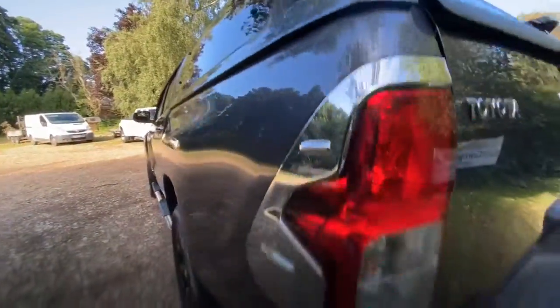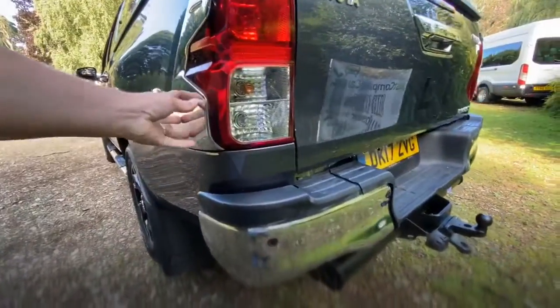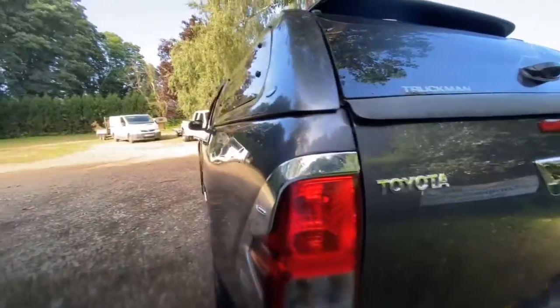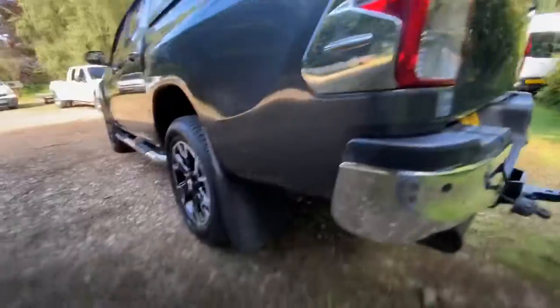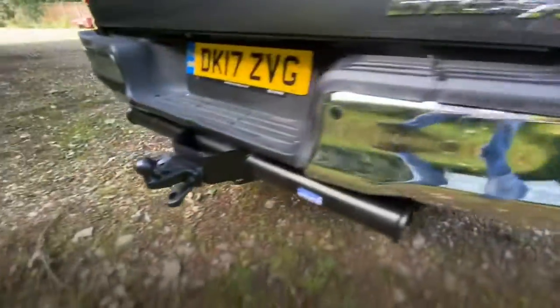Rear quarter and lights are in good condition. It's got these guards on. I don't know if they're standard, or I think they must be the genuine article that came with it. They look quite smart anyway. So rear bumper, again obviously parking sensors with tow bar,